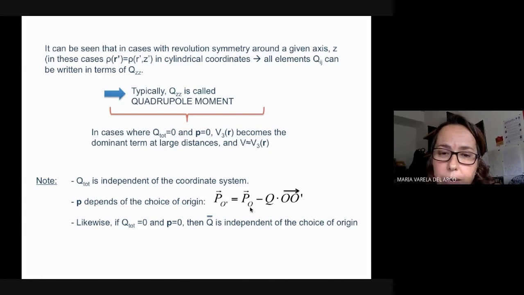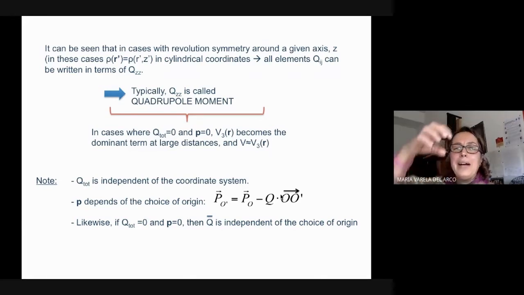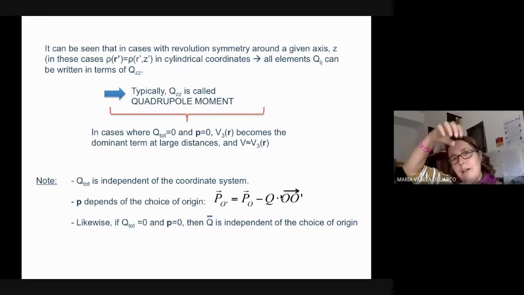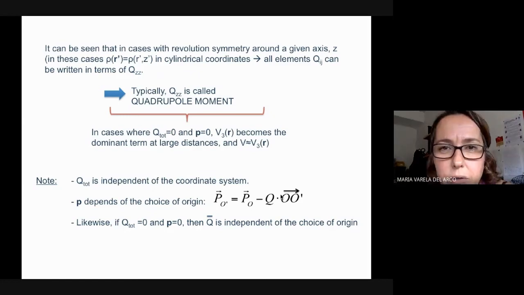And in particular, the difference will be exactly equal to Q times the segment that goes from O to O prime. So the dipolar contributions depend on the origin, and it typically is very convenient to choose an origin that is exactly the center of gravity of the, let's say, positive and negative contributions to the dipole moment. You just put the origin in the middle